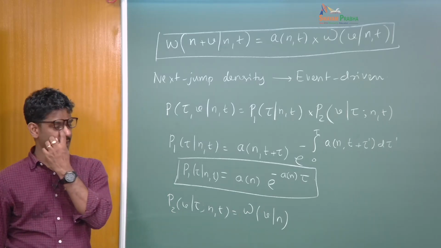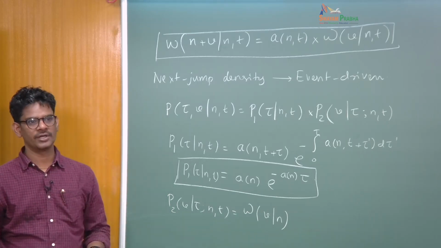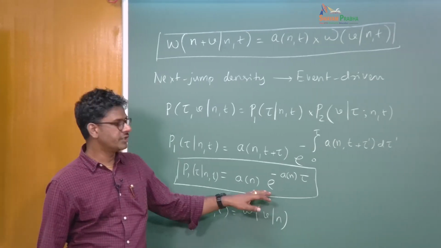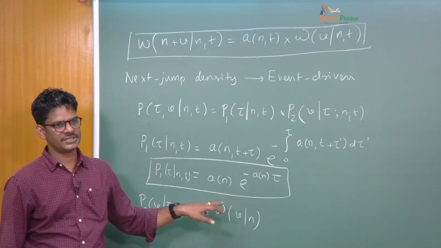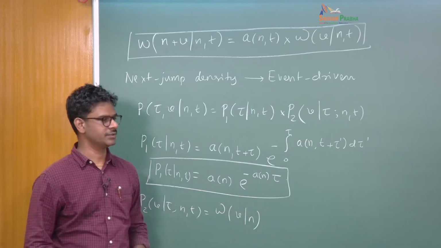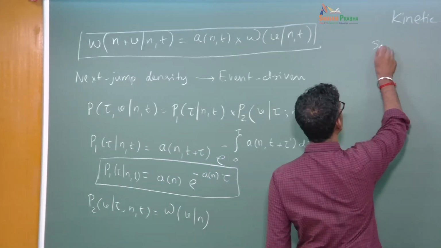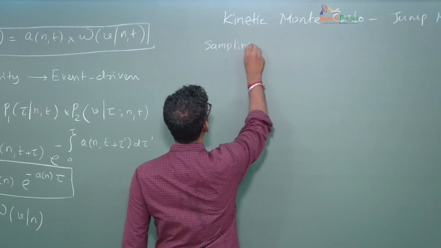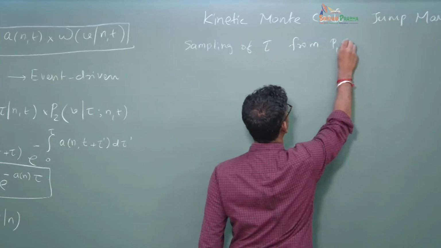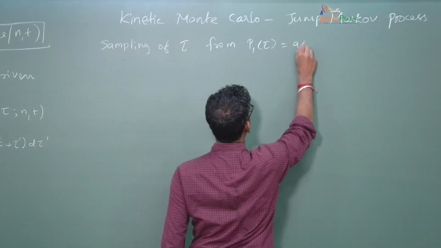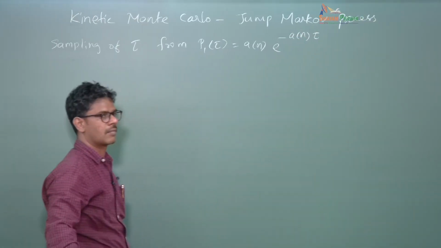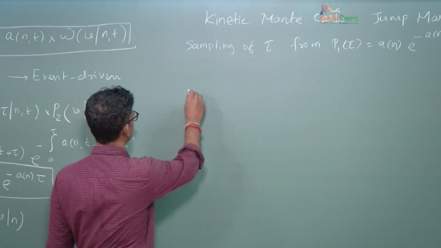Okay. Now, if you recollect, we talked about various kinds of algorithms to generate random numbers. If you have an exponentially distributed variable, we can use what is called the inverse method to sample a variable tau from this distribution. Okay, so, sampling of tau from this distribution, by this inversion method,